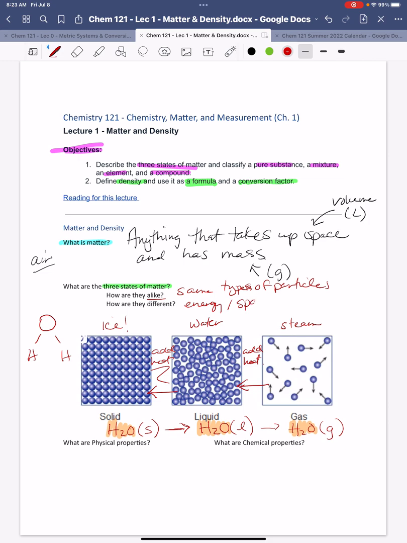The spacing between the particles, and the organization. You'll notice that in a solid, the organization is very rigidly held in position. It's very organized. The particles are close together, and then when you get into the liquid form, there's a little bit of chaos in there, but they're still sort of touching each other, and then lots and lots of space between the particles here in the gas form. And we will spend a lot of time talking about gases later.